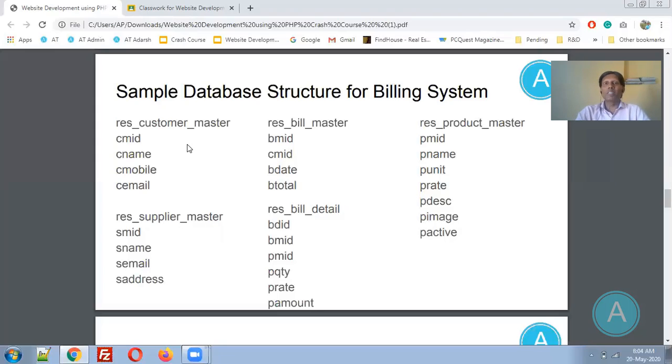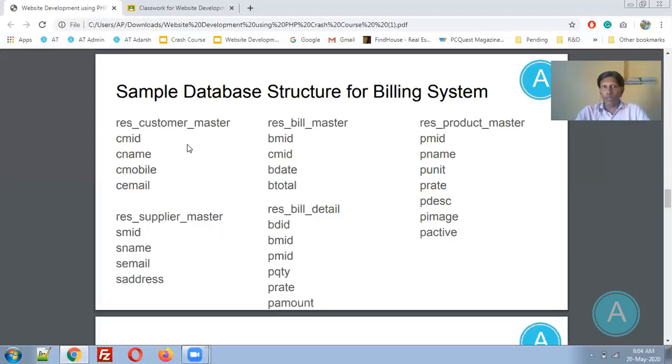This is very important. Whenever you have a master table and detail table, you need to keep in mind which one will come up in the master and which one will come up in the detail. Just to take an example, you are buying 2 products from Amazon, or you are buying 2 products from the stores. What will happen?